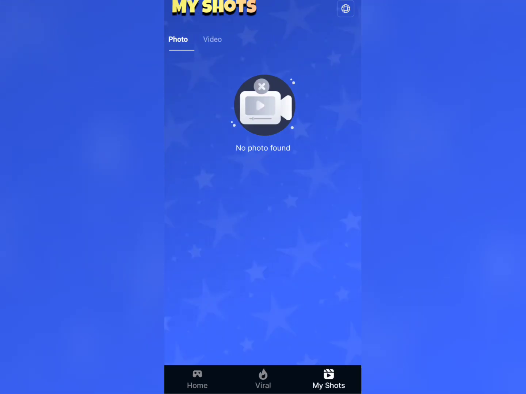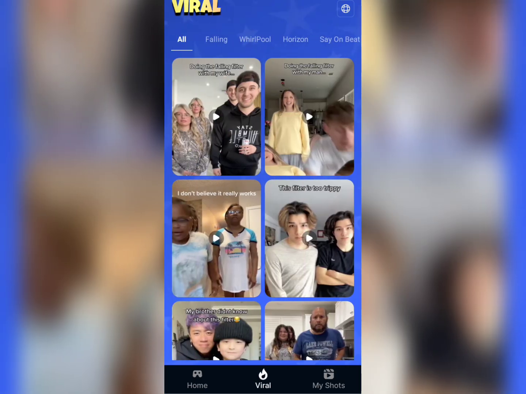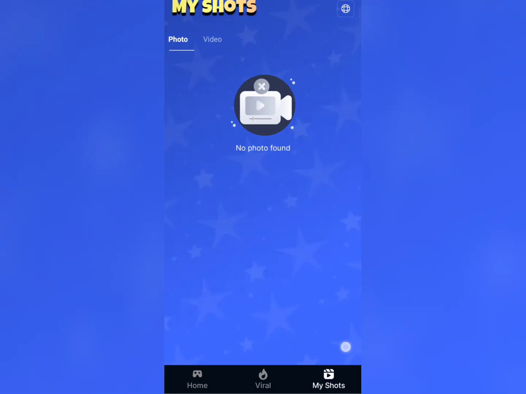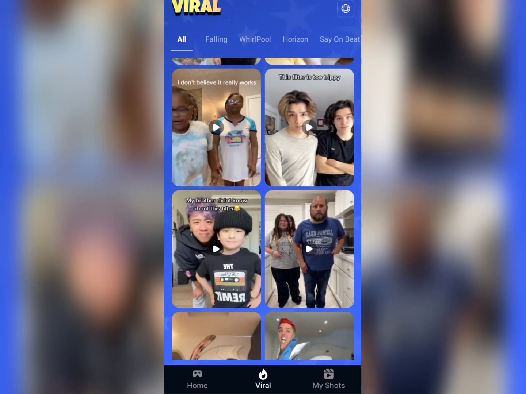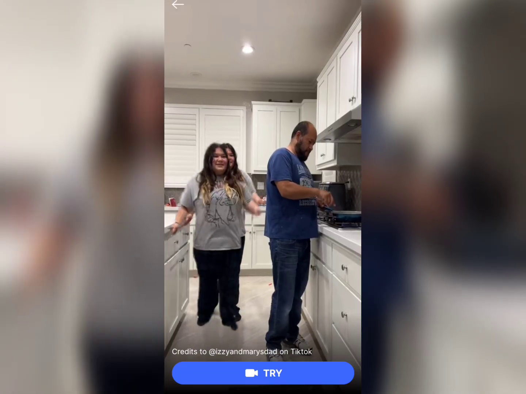And as well, you can see the videos that you have created on this application in the shots section here. Videos or photos that you have created using this application. But you can see how other people have used the application and how you should use it to get the results. So if I tap on this one here,